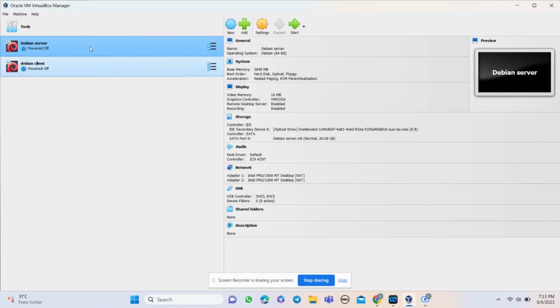First, we need to open our Oracle VM VirtualBox Manager. We use this to operate Linux servers and to simulate the networks and devices. So there are two Debians, one for the server and one for the client. Now click on the Debian server, go to settings,